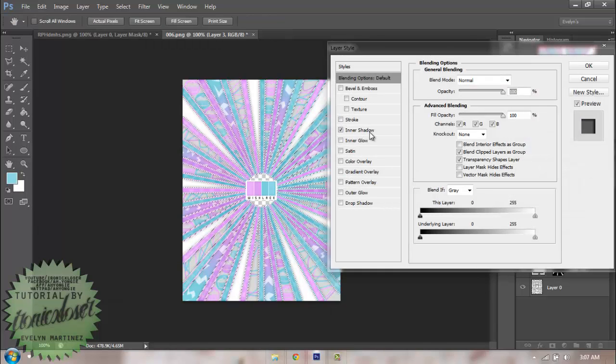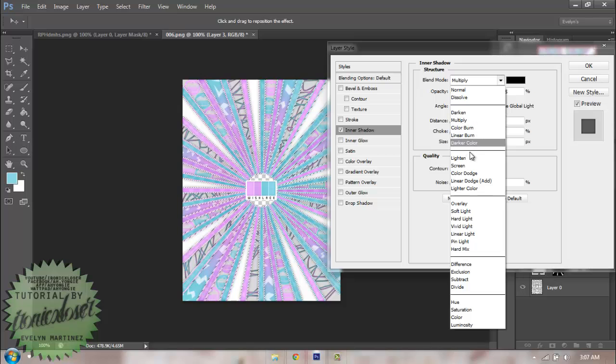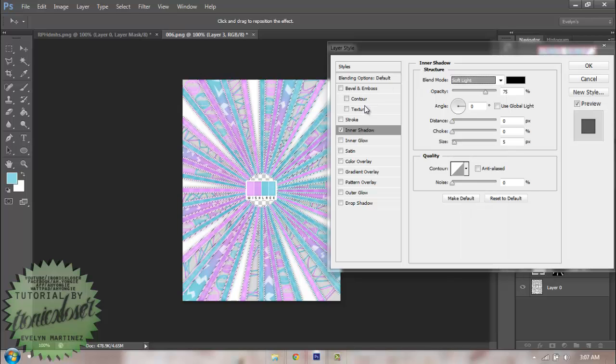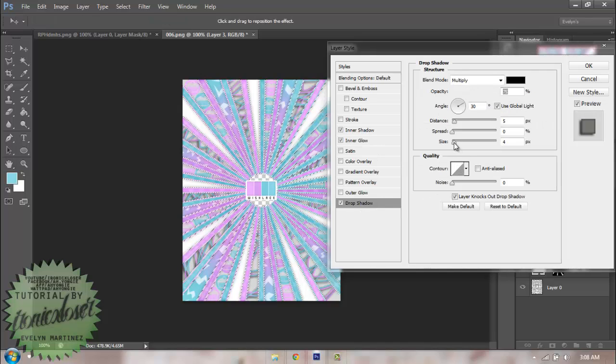I'm going to go inner shadow, set distance to 0, global light off, 0, and just set the multiply to soft light, leave it at 5, and then just do inner glow. And I'm just going to go in center and set the screen down a little bit. Then I'm going to do drop shadow, size about 1,